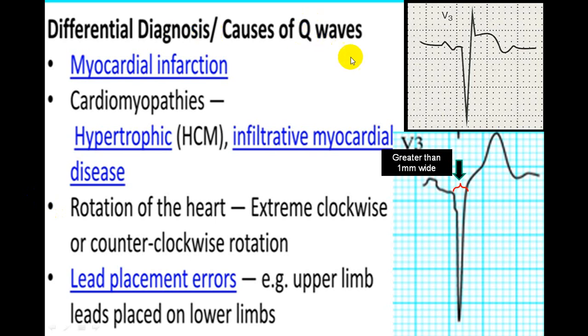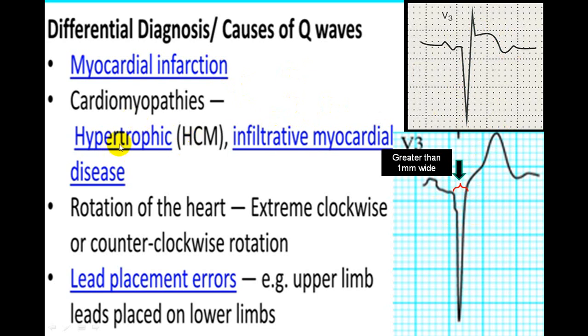Now you can see, we have mentioned many other conditions. You can see here the deep Q wave, almost more than 13 to 14 small squares. And you can see the width is more than 2 small squares. If you get such a deep Q wave, this is a QS complex. This is definitely in favor of an acute MI. And you can see an ST elevation. You can see that the J point has been elevated. So this is an ST elevation with T wave inversion. This is in favor of an acute myocardial infarction.